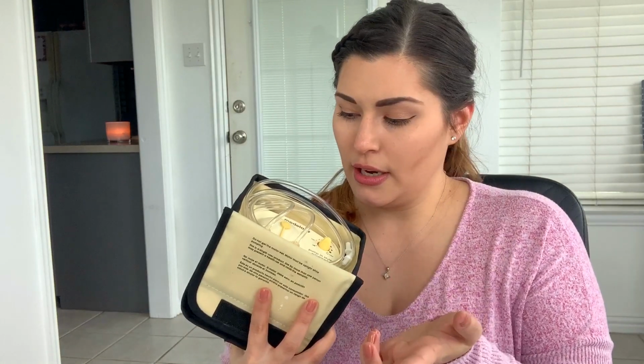This is the Medela, I think it's the Pump and Go. It's very small and compact. I love this about this pump. You turn it on. I mean, it's pretty simple. So this little part right here,